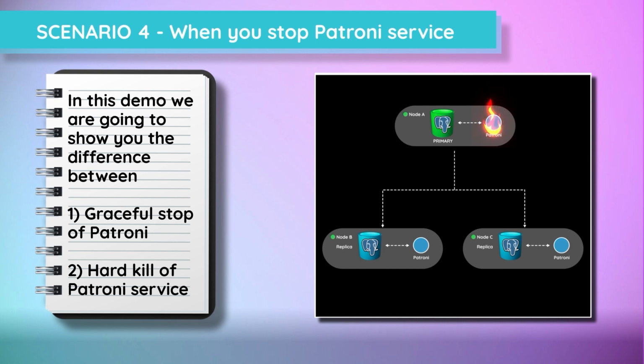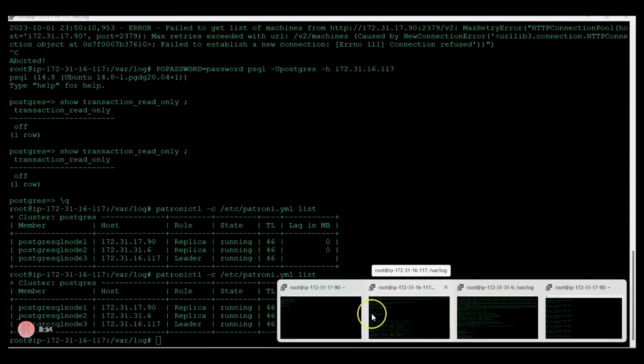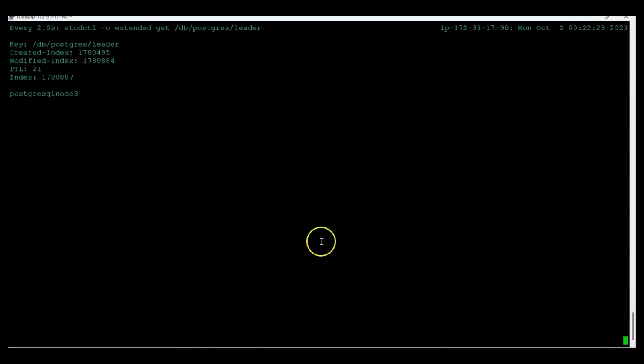It's not advised to stop Patroni service, and instead you should use something like pause when you want to pause the Patroni node when you're doing some maintenance, right? So let's go ahead and stop Patroni service. To begin with, we are watching the leader key, and as we have seen in previous videos,